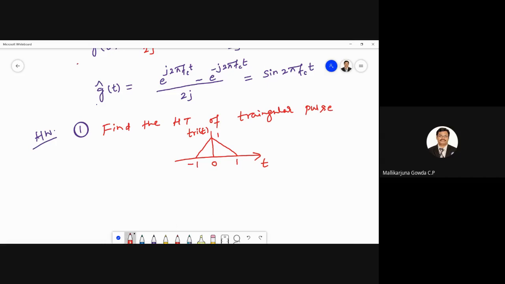So I will say how do we express this mathematically. I hope you will be able to express this mathematically. Yes, what can you write? This is a graphical representation, right? How do you express this in the form of simple mathematics? Tri of t is equal to what can I write?